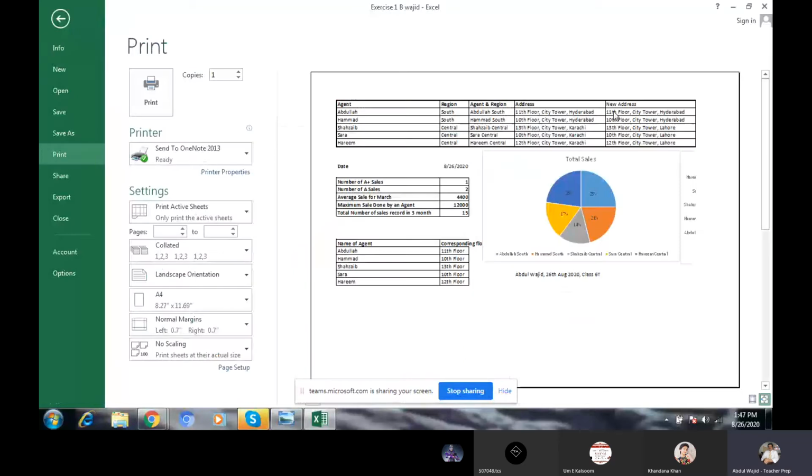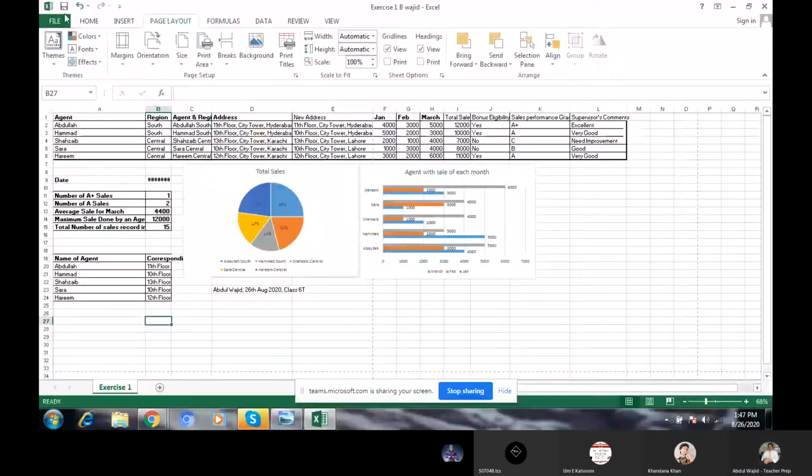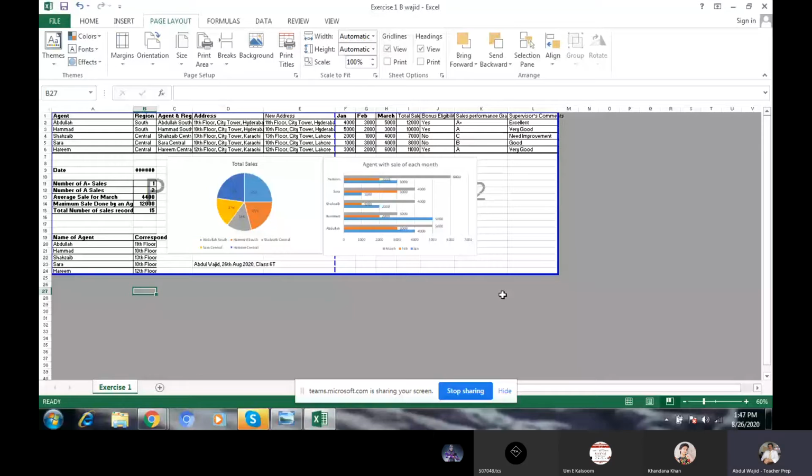Yes, till this one it is come, and the second one will be removed. Okay, we will go there again. When you click here, now you will see it is come in 2 pages, page 1 and page 2.